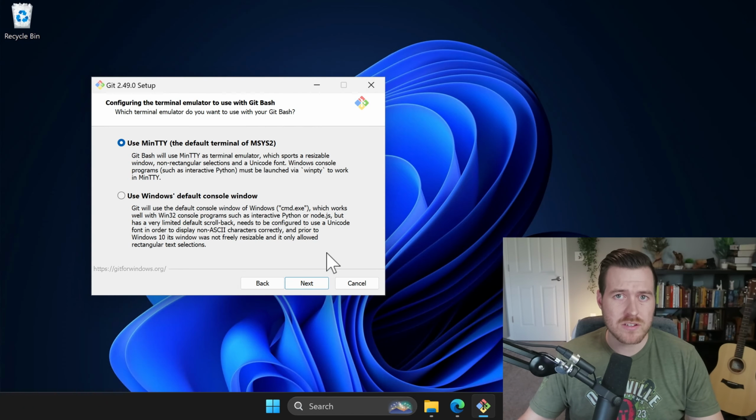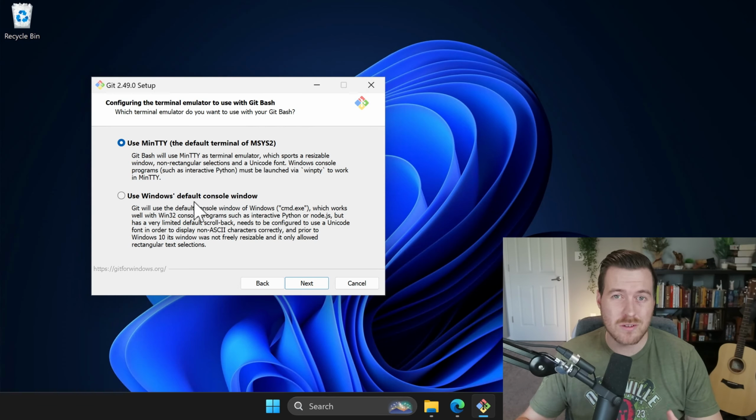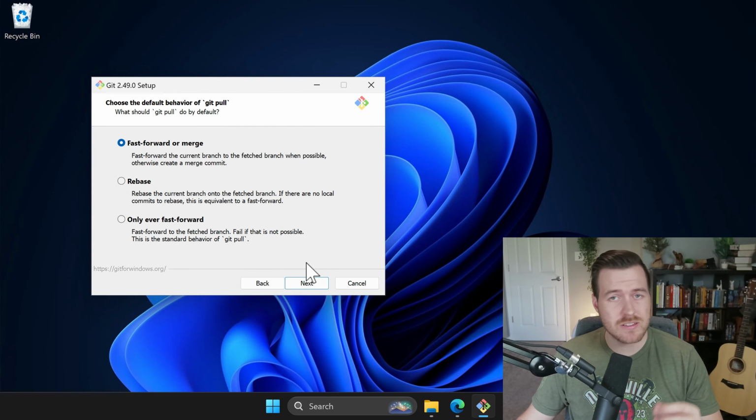Now in order for Git bash to work effectively, it needs to use an emulator. So here we can use MinTTY, or Minty as some people call it, which is the default terminal for MSys2, which a lot of Microsoft systems rely on for Linux style terminal emulation. But you do have the option to just use Git inside of the Windows default console window, like your command prompt. However, you may run into some visual bugs or visual inconsistencies when you're using the command prompt for git bash. So then we can hit next again,